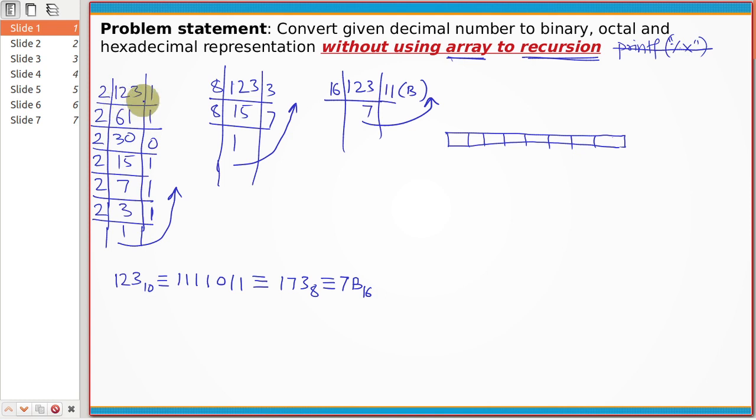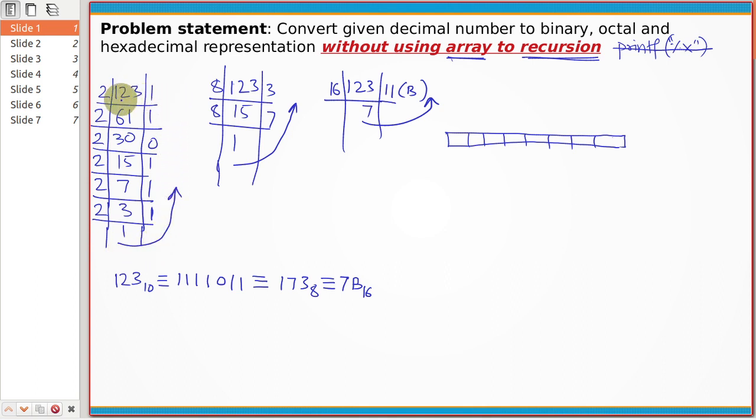We are taking a small number as an example so that we can understand it easily. If you want to convert 123 into binary, you divide it by 2, and whatever answer you get, you write here, and the remainder you write here. Then whatever the answer is, you again divide it by 2, write the answer here, remainder here, and you continue this until you get a number smaller than the base you want to convert to, right? And then, including this number, you write the entire thing in reverse.